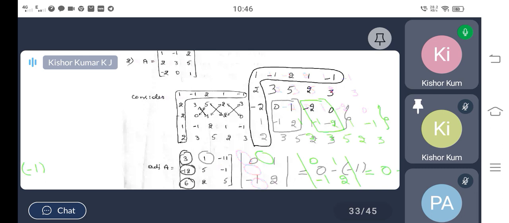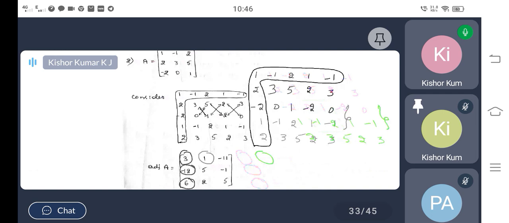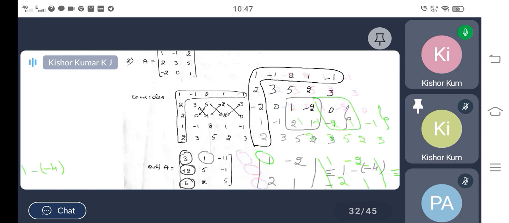Now after this, next we have to move to another four elements in the same rows. These four elements I should consider: 1, minus 2, 2, 1. Just do the multiplication of the left diagonal. 1 into 1, 1 minus of minus 4, so it will be 5. That is the second column. And finally, to get the last element in the second column, I have to choose the last four elements in the second and third rows.